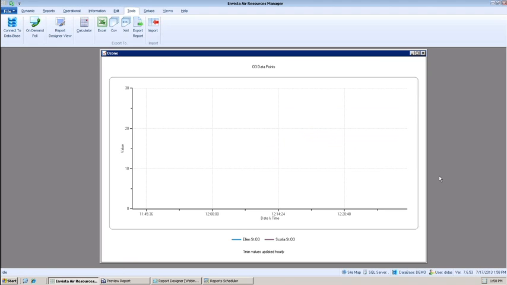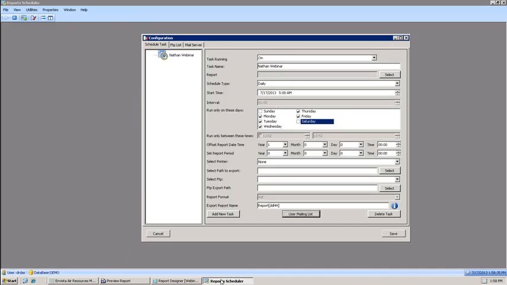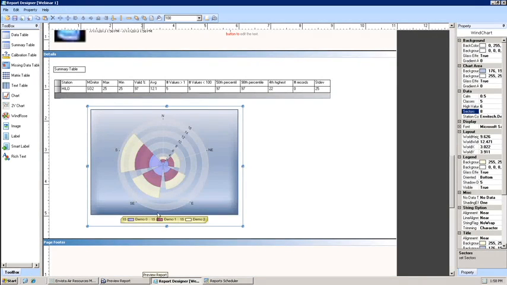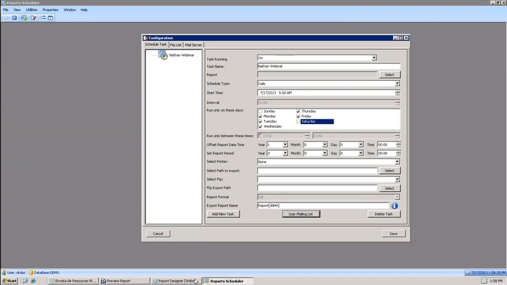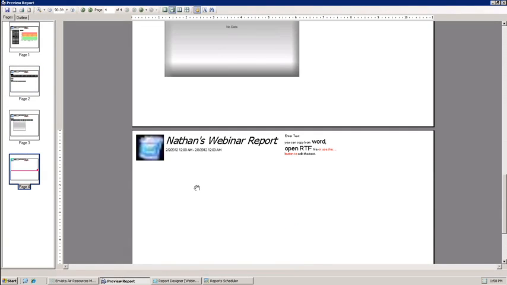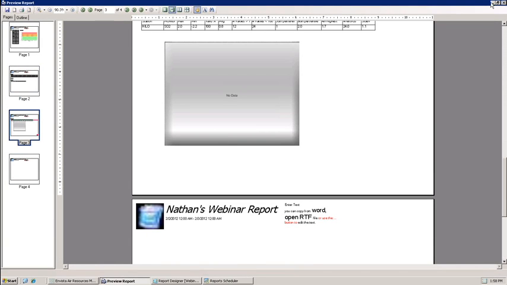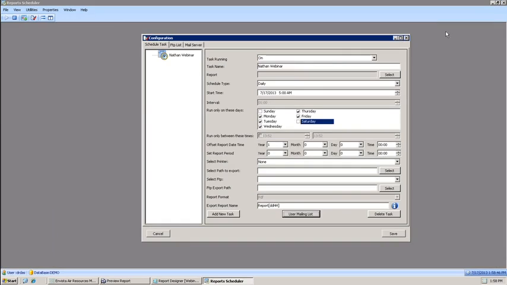From my example here, we call that my print preview. Well, it's smaller. The reason why it's so small is because it was